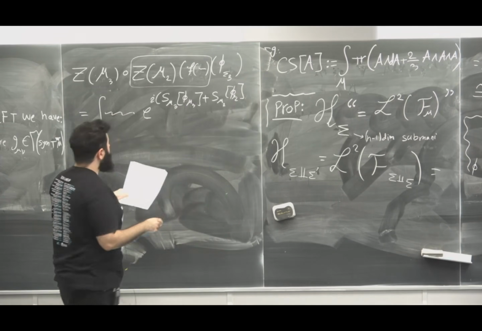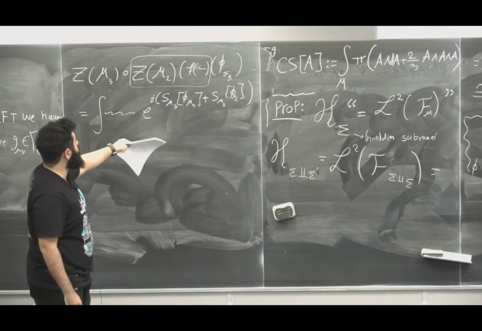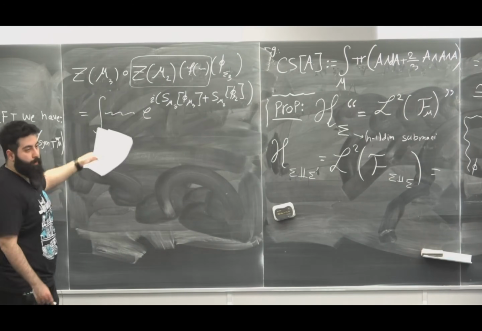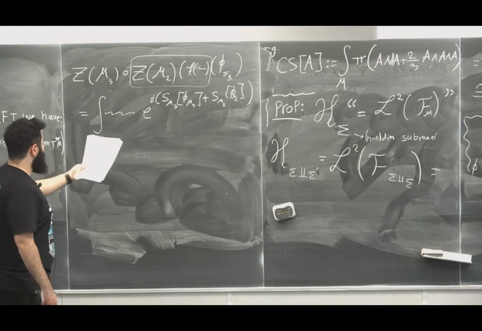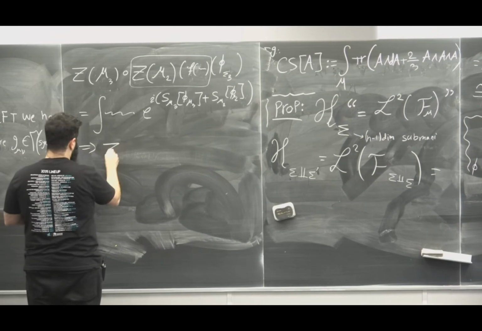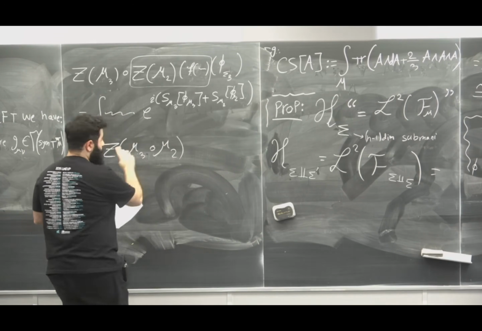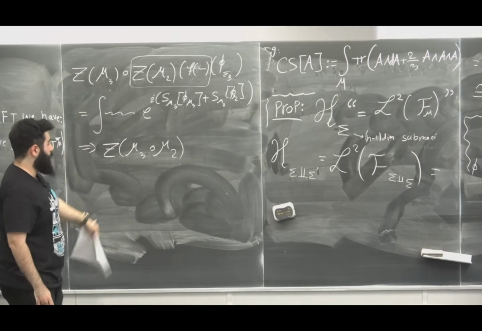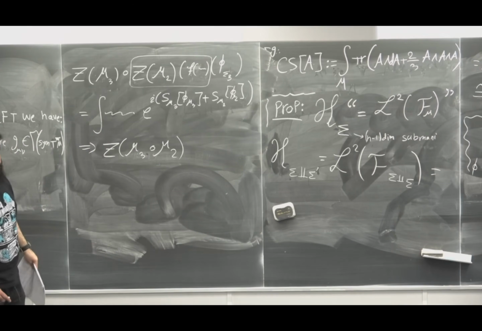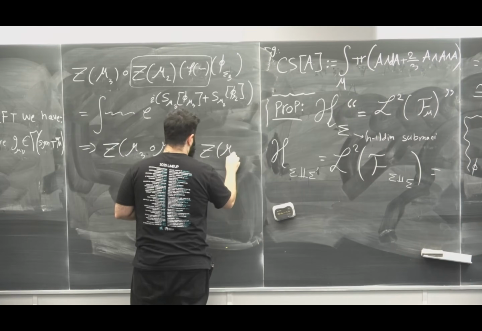and this is due to multiplication of exponentials. You can write it as addition in the exponential itself. So this is just a basic property of exponentials. And what this gives you is, I'm just going to write it as a result here: Z3 composed with Z2. We'll see later on why I wrote it in this way, but it's when I glue those two manifolds together. That's what it's saying here. It is going to be Z3